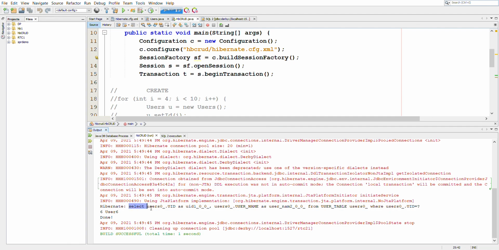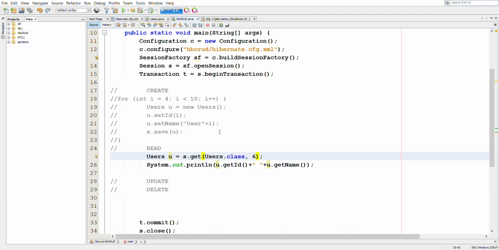So it has fired a select query on the user table where the user UID is question mark, which means the value that we have passed. So it is fetching user 6 for us and displaying it in the console. So this is how we can fetch data. Without writing the select query, we have been able to fetch data from our user table.